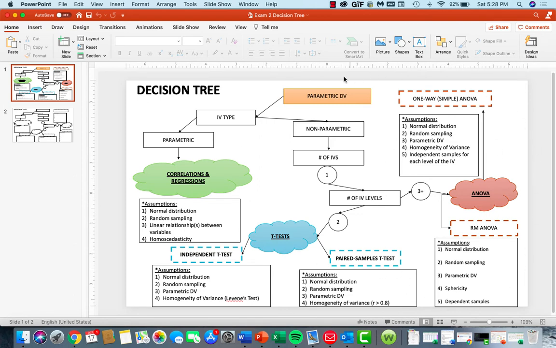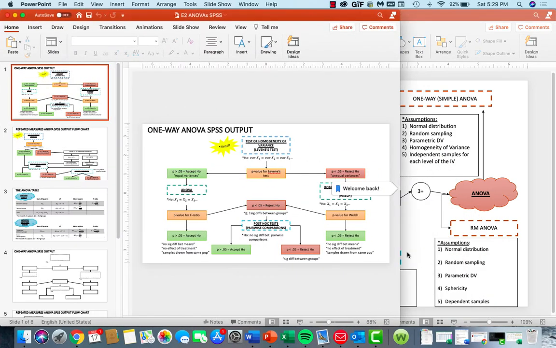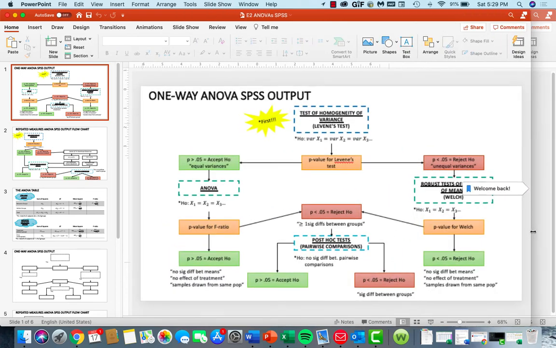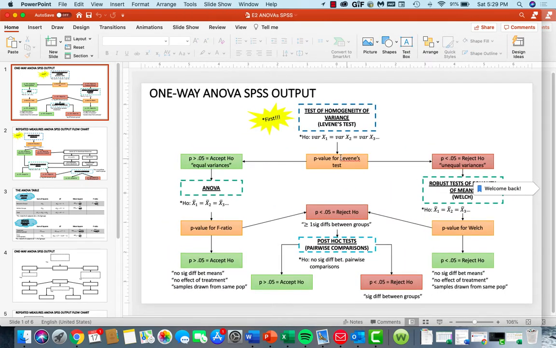This has all of the assumptions as well as all of the different pathways to kind of help you figure out, like, okay, we have a parametric dependent variable, what type of variable is our independent? And then as you make these decisions in your scenarios, that should help lead you to what type of test you should run. Okay. Additionally, since ANOVAs are new this week, I would also advise that you look at the